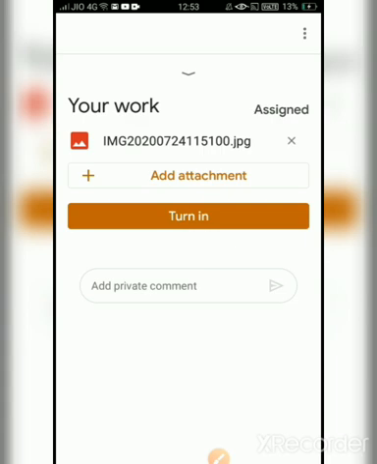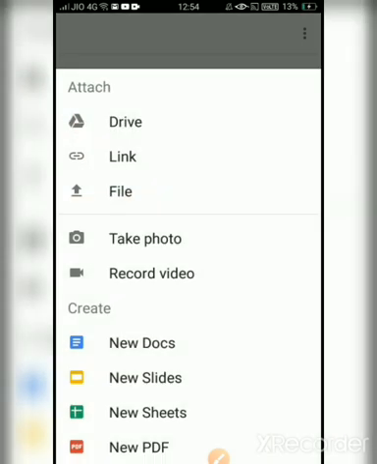So this is the first way, how to take a photo from your gallery, by clicking on the file option. File will take you to gallery and from gallery you can select your homework and send it here. Now as I have shown you in homeworks, teachers are giving 3 to 4 homeworks at a time. So this is the first homework you have posted here. If you want to send one more homework, you can again click on add attachment and I will show you the second option, that is take photo.